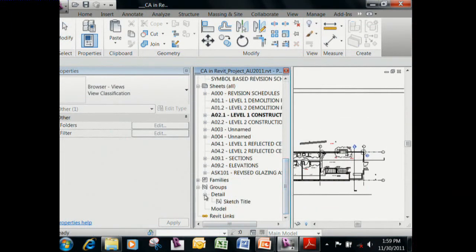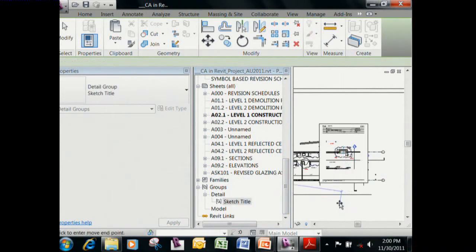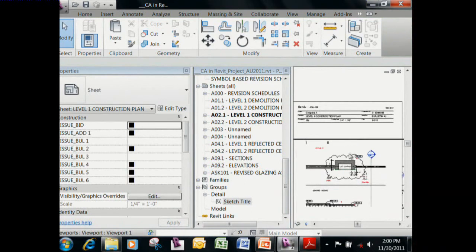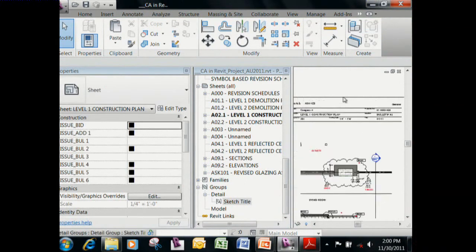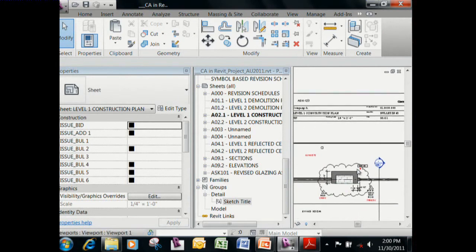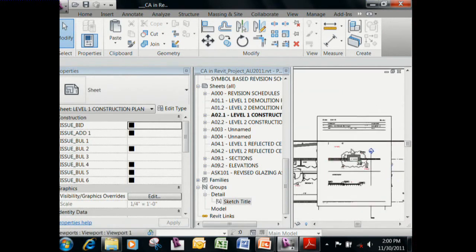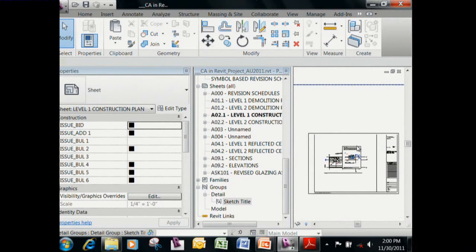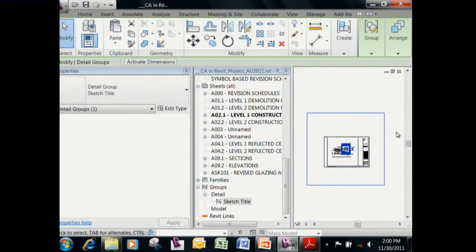I've got a group that is a sketch title, and I basically just drop it in here, and I'm kind of done. It's populating with all of the information from the current revision displayed here, and it has a big